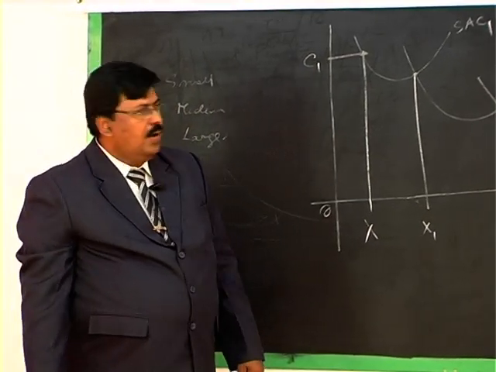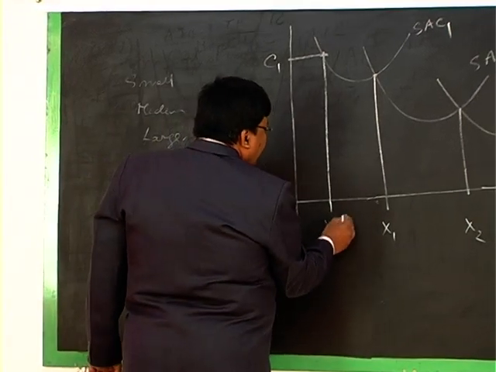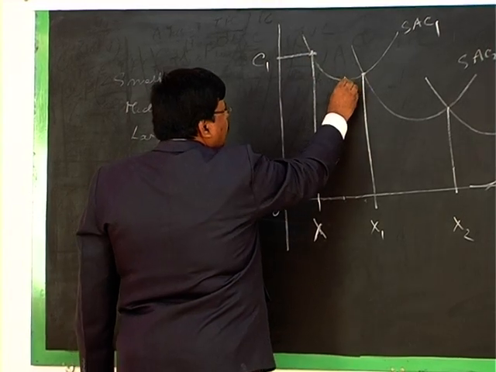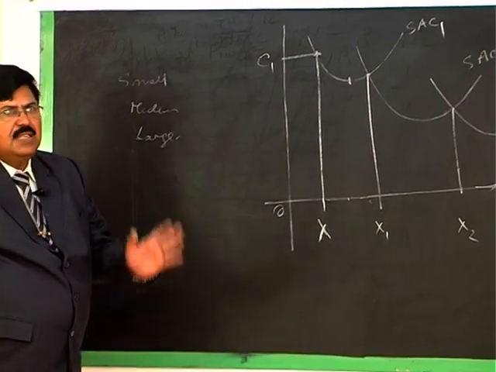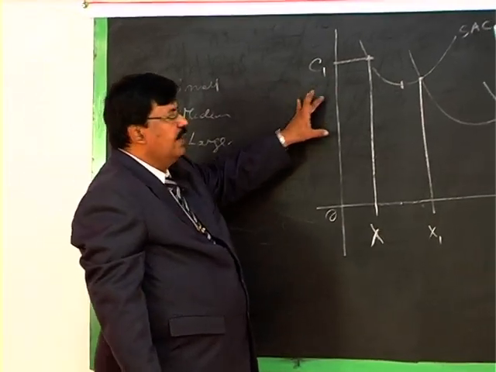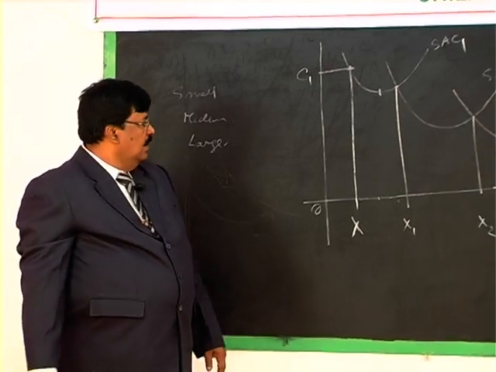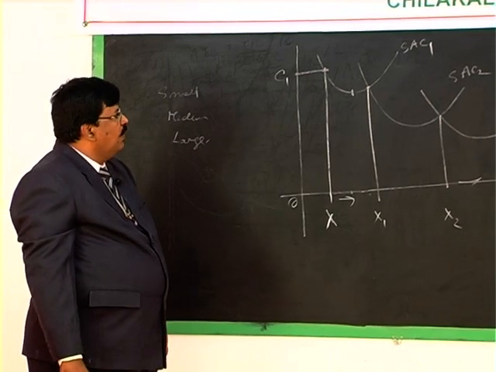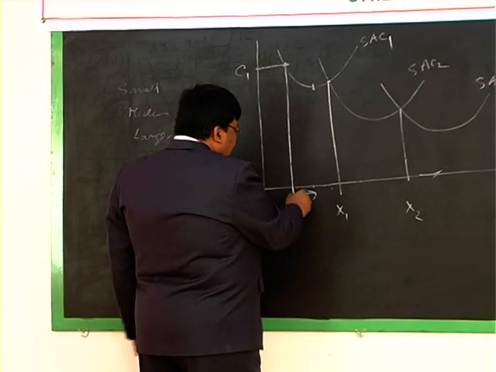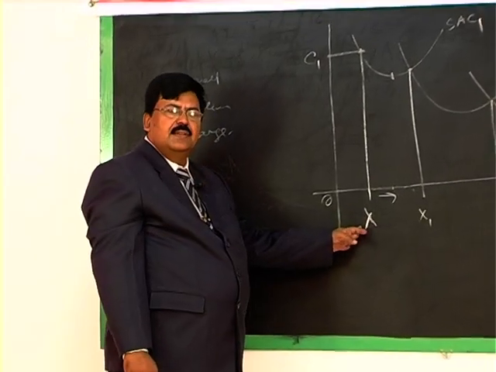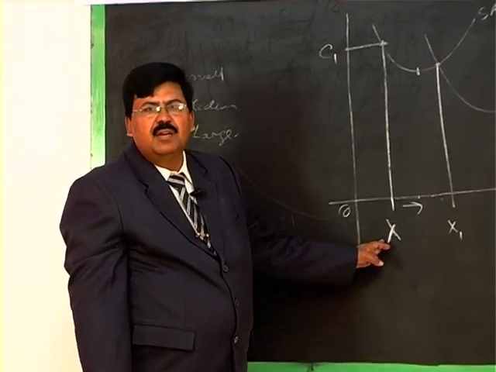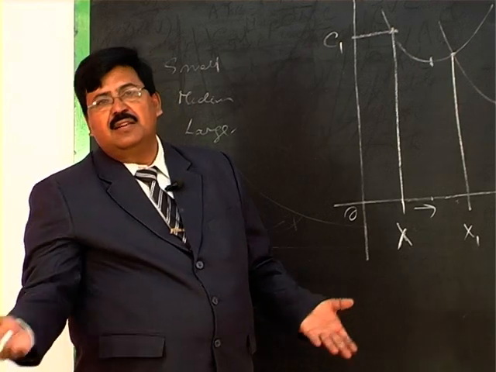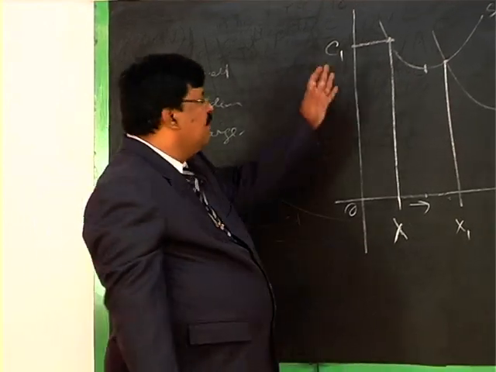Now, by expanding output from OX towards this, he has an advantage because he can reduce unit cost to this, the minimum point of AC. There is a possibility of reducing unit cost below OC1 by expanding beyond X. Suppose there is a demand for the product. Initially he started with OX and later the product got demand in the market, and there is a need to expand output. But in the short run he has no option. He has to operate with the same machine.